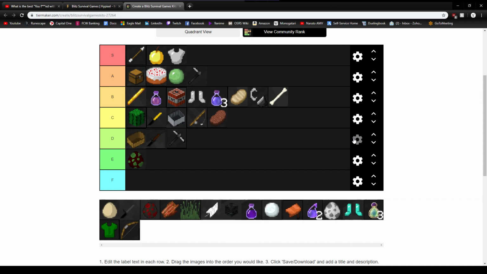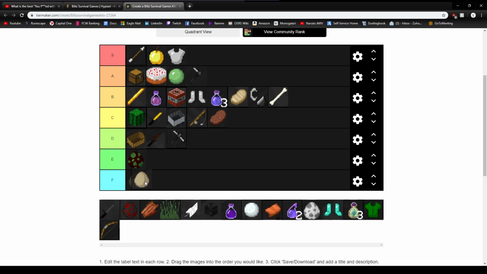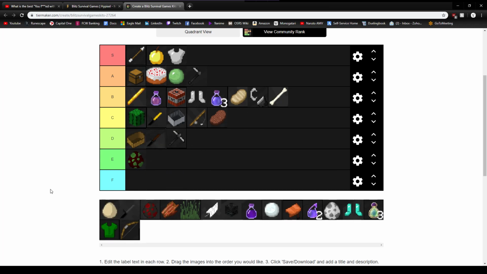I don't know, man. All right, Farmer, F tier. All right, so hear me out. It's not actually F tier, but I want to put it in F tier because giving your opponents eggs is stupid. Sir Hunt Predator, fix my kit, please. In all actuality, this kit would be an A tier. This would be an A, but because it gives everyone eggs, I don't actually know where I want to put it. I'm just going to take it off and wait, and